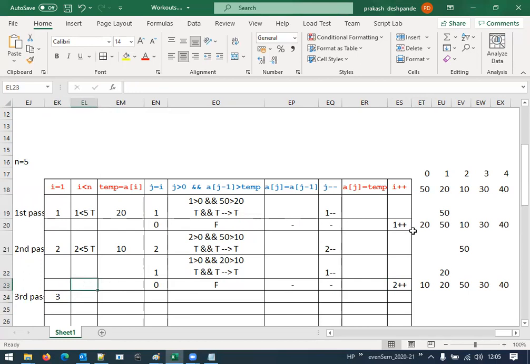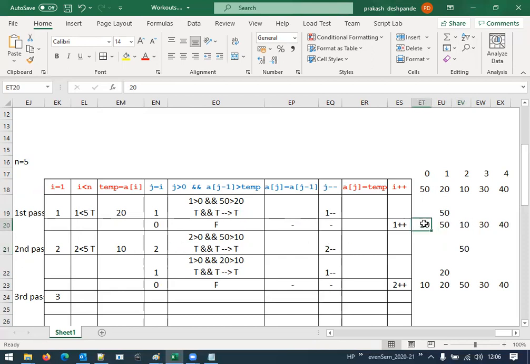At the end of the second pass, if you look at students, we had these numbers, and our concern was on this particular value. What we did, we tried to compare this with this one, these two numbers, and we figured that this is a bigger number than this, the bigger number we placed here. Then next, this 10 was already taken in a temp variable, right?